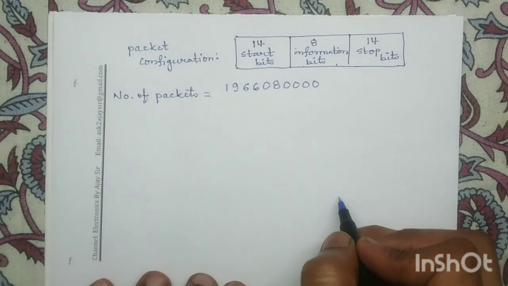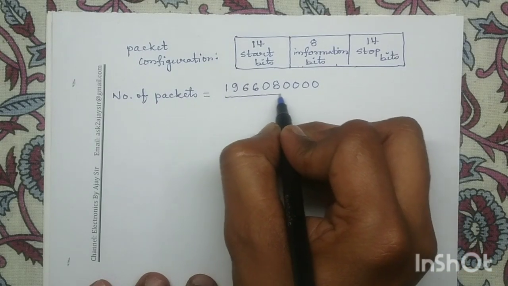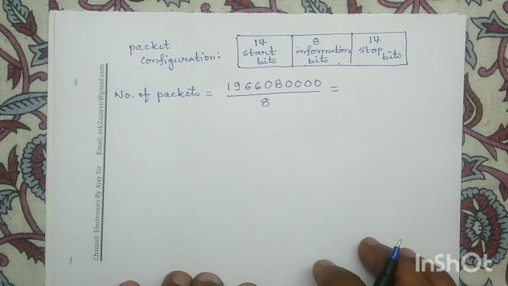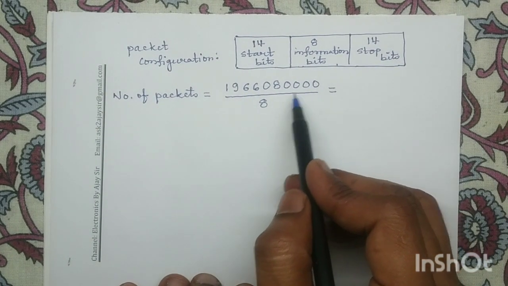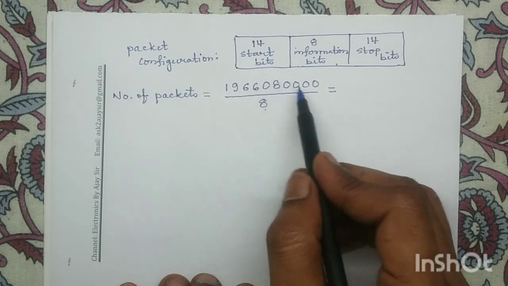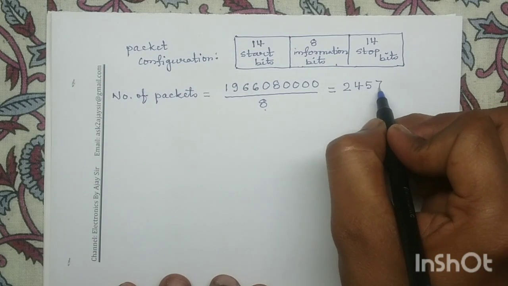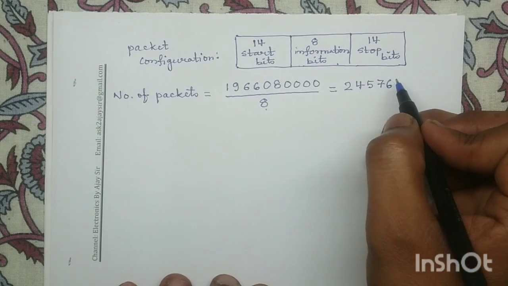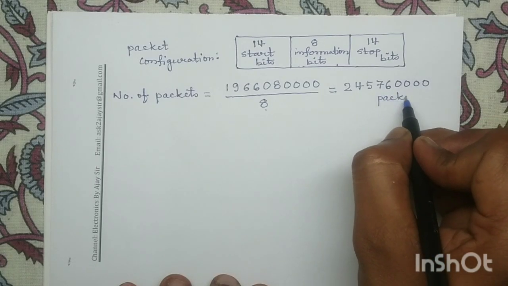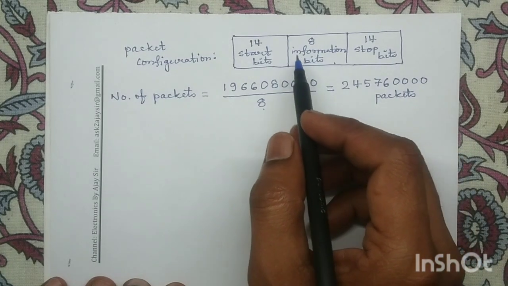1966080000. This many information bits considering all 200 images, and each packet consists of only 8 information bits. So the total number of packets is equal to total information bits divided by the number of information bits in each packet. If you simplify this, we get the total number of packets as 245760000. So this many packets we have to transmit, and each packet consists of 14